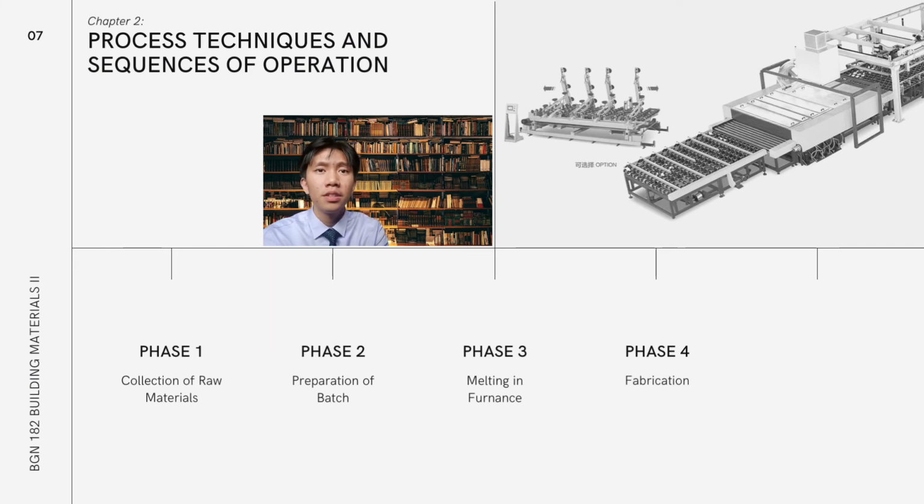Fabrication. The molten glass is given a suitable shape or form in this stage. It can be done either by hand or by machine. Annealing. The glass articles, after being manufactured, have to be cooled down slowly and gradually. This process of slow and homogeneous cooling of glass articles is known as the annealing of glass. There are two methods of annealing, namely